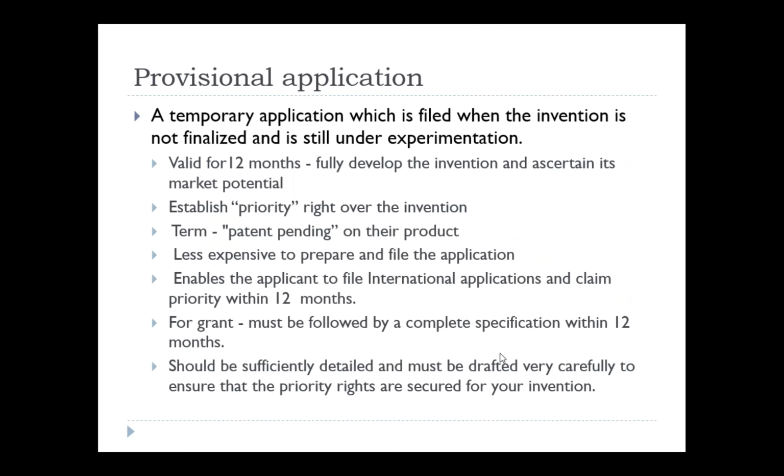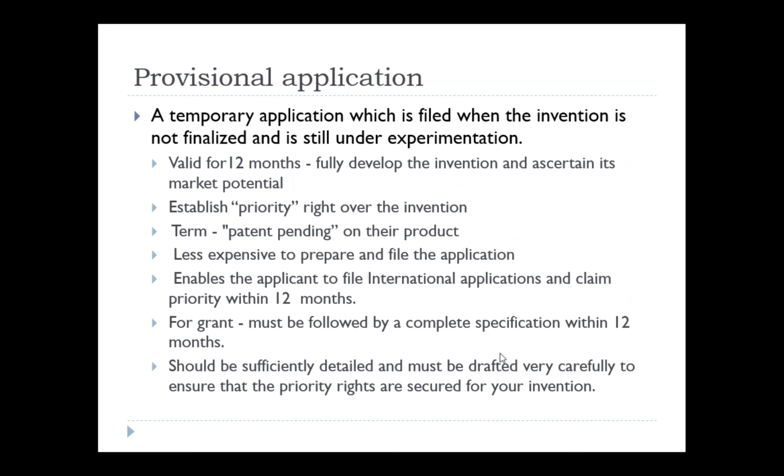Another way around, we can use the term patent pending on the product. You can claim patent pending because you have filed a provisional patent, so that people may be afraid to copy your invention. That is the core reason why you can go ahead and file a provisional filing. Please be sure about it. You have not filed the complete application of the patent, but the product is on the way to completion, so you want to protect it from others copying it. That is the main motivation for going ahead with provisional patent filing.